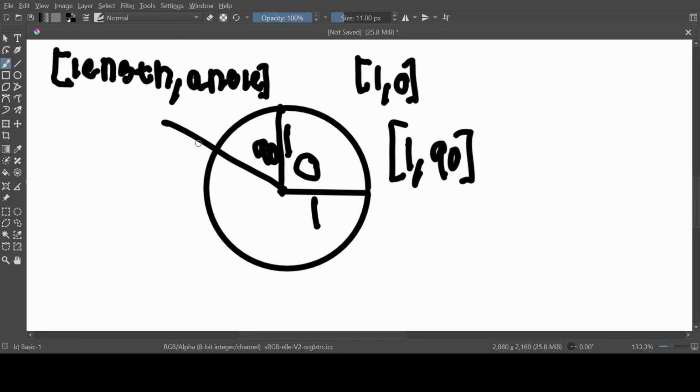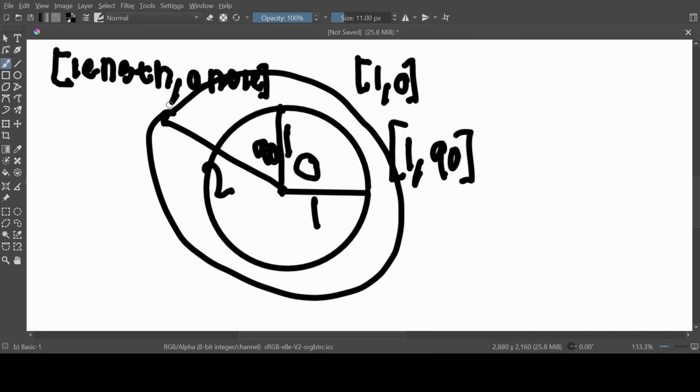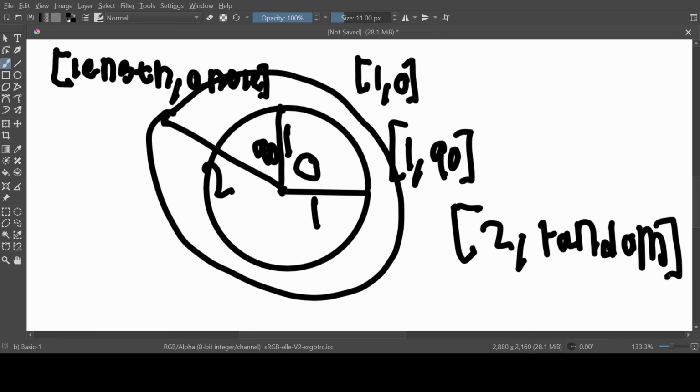For example, we have a length of 2, if that's the max length that we're going to use in the circle. Now we can create a circle around this with a radius of 2. And we can just say, okay, the length is 2, random. And then we are going to get a random in between this. And we know that the length has to be max 2, so we can say the number that we're going to get over here, let's call it x, that's less than 2.